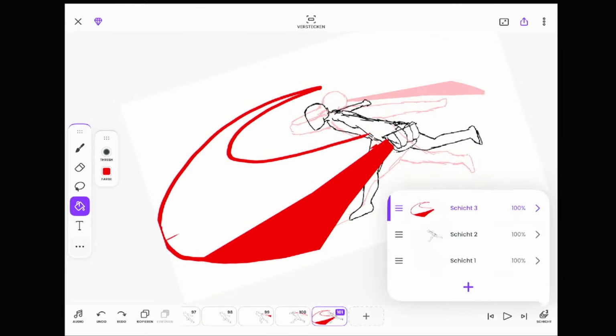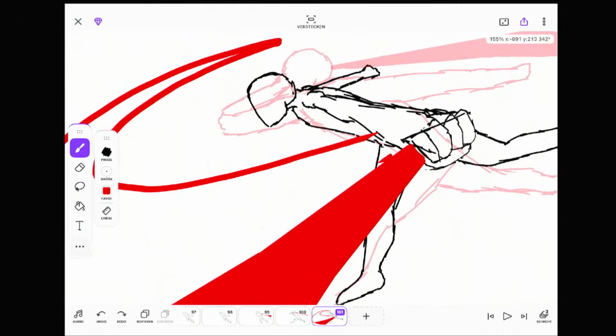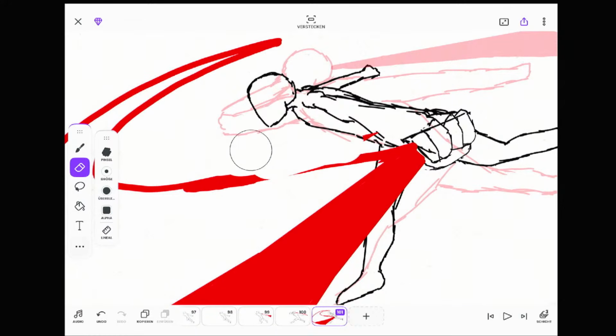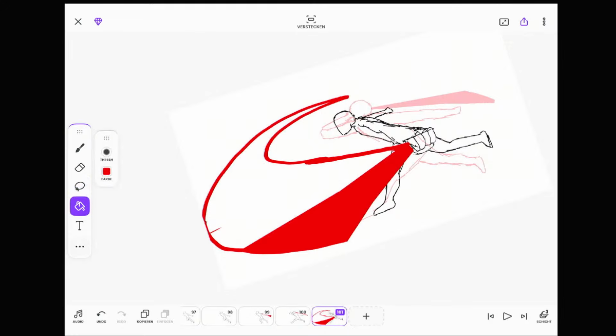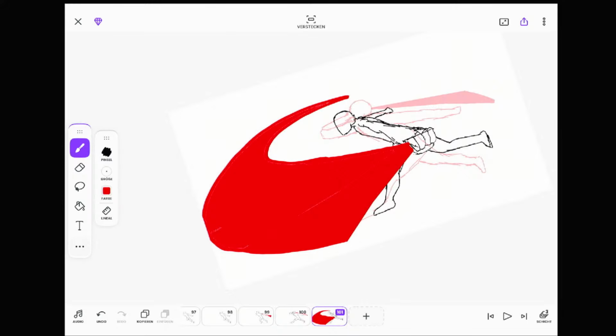Oh, I didn't want to do that. Nice. Now I can color. Wonderful.